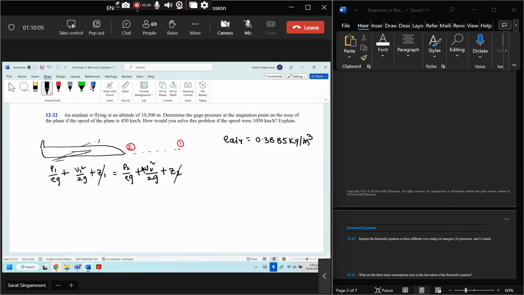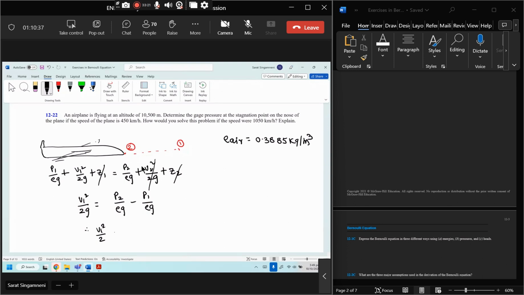So let's take that velocity as 0. And from here, again, our V1 squared over 2g is equal to P2 over rho g minus P1 over rho g. So cancelling that g again,